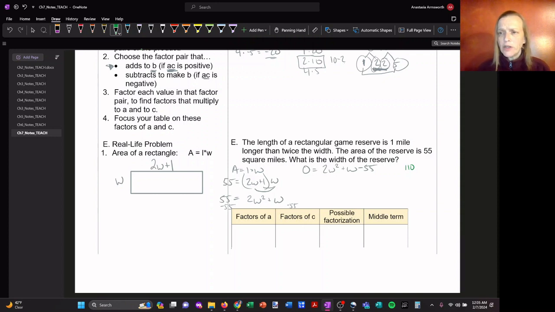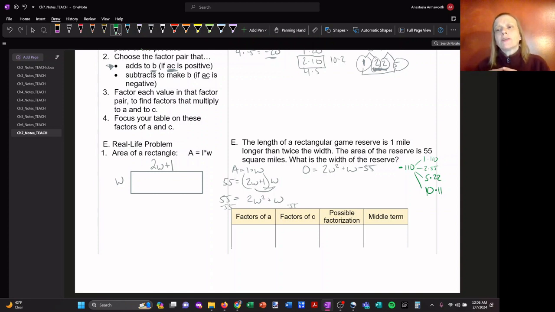I could multiply 1 times 110. I could multiply 2 times 55. I could do 5 times 22, or I could do 10 times 11. Those are the possible combinations here. And because my A times C is negative,